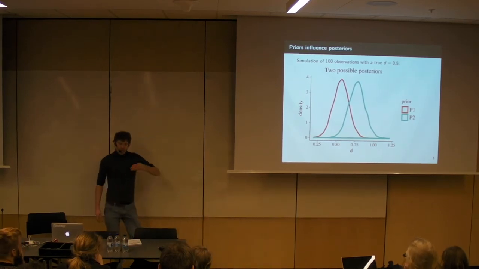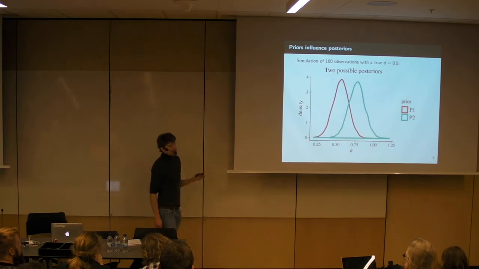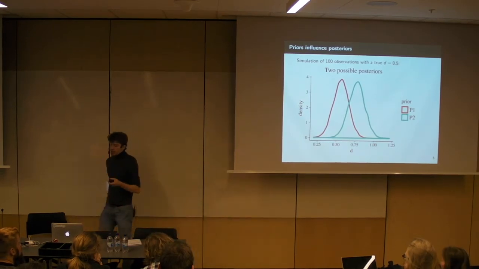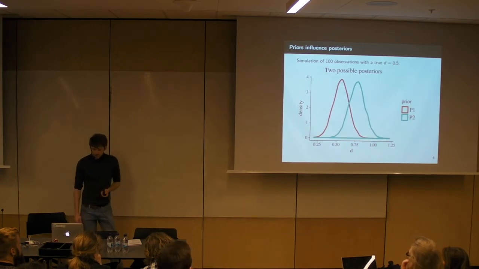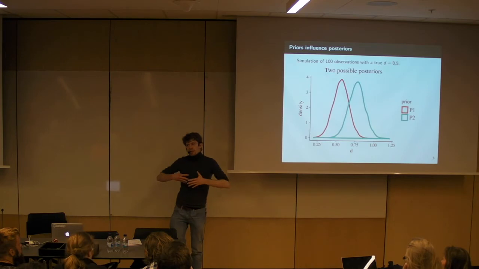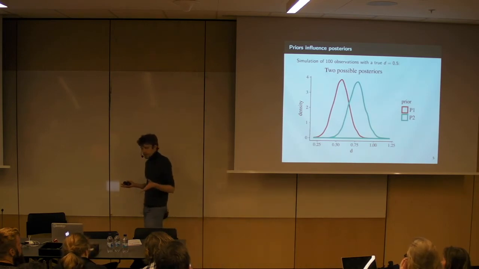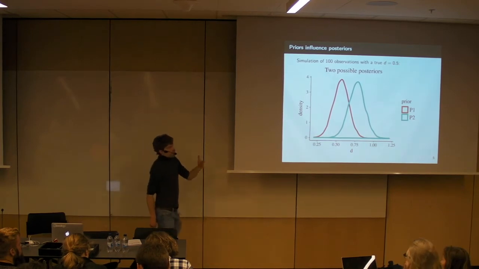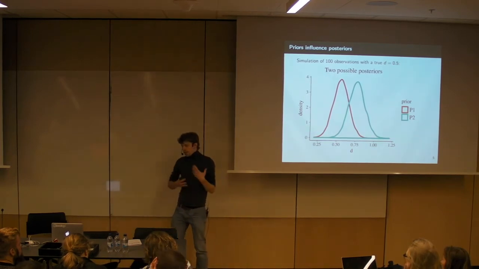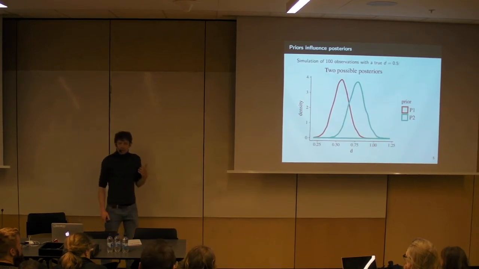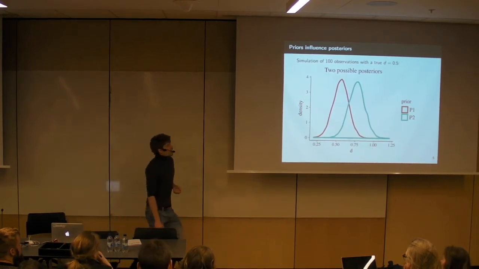And no matter what prior we use, we should always report it. So even if we put in subjective information, or in particular if we put in subjective information, we have to report the prior, to make sure people can criticize our prior. So it's only a problem if we are reporting the posterior without reporting the prior. So people don't know if we put in, accidentally maybe, an informative prior into the model.